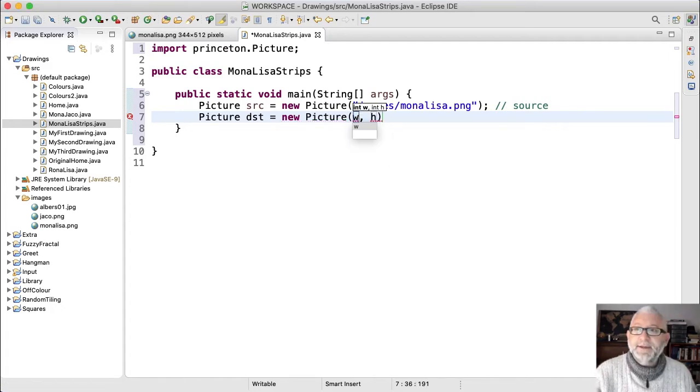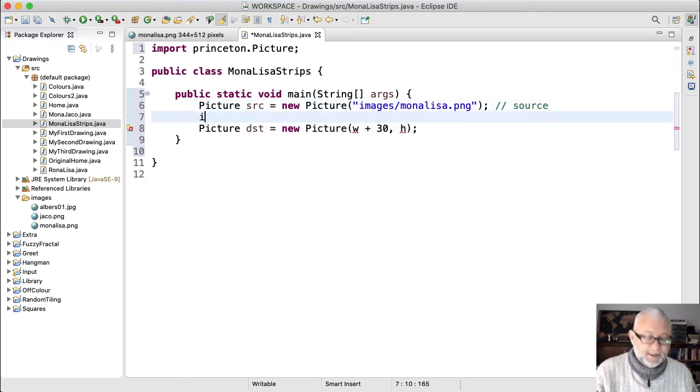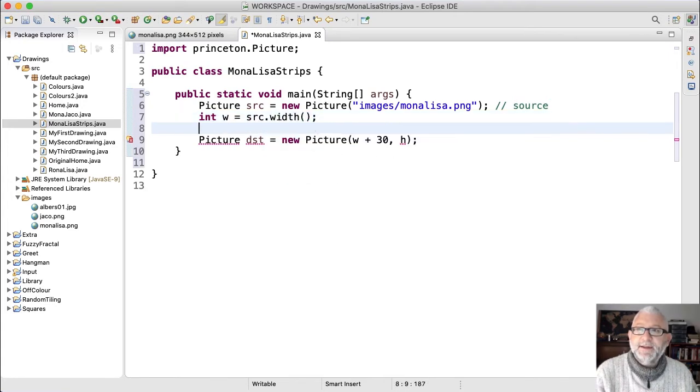So I'm going to put down W, which is the Mona Lisa's width, plus 30, I guess will be enough, and H, but then I first need to initialize those variables. So it's the source width and the source height. Right, so I open up the Mona Lisa into source, get the width and the height, create a new picture